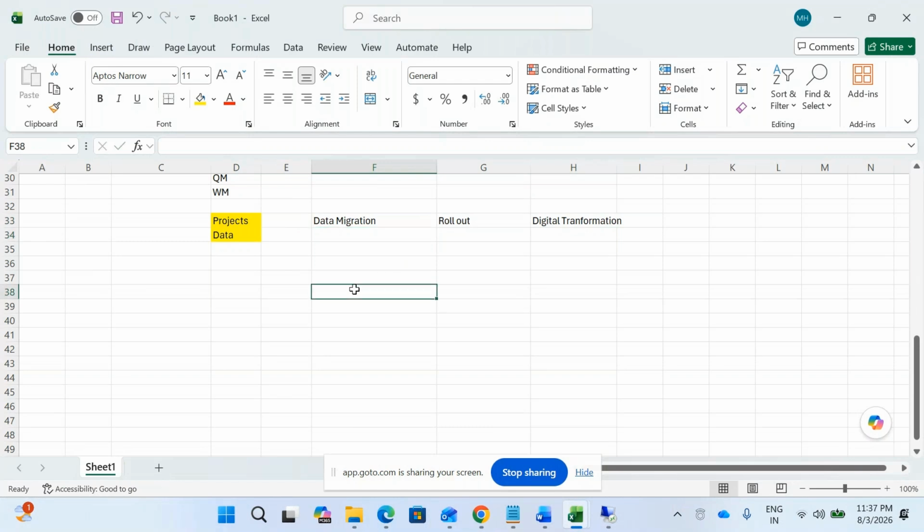How many types of data? No problem. Let me just brief you. Projects we have four types, but you can say five types. One is implementation,